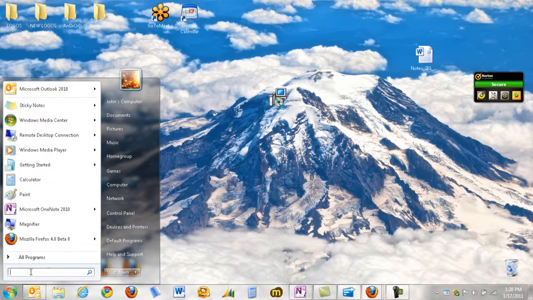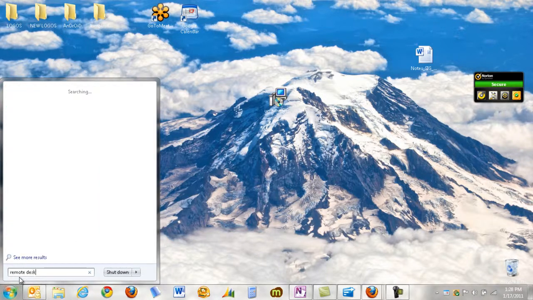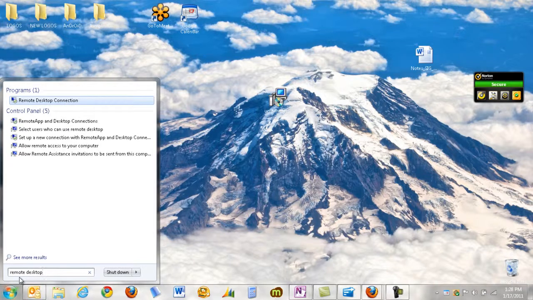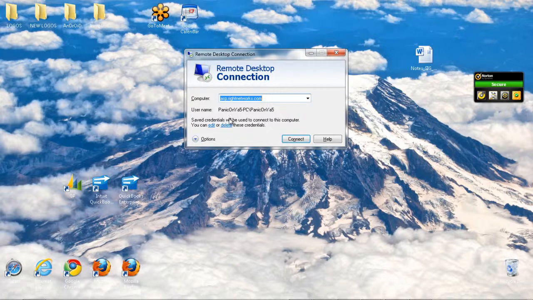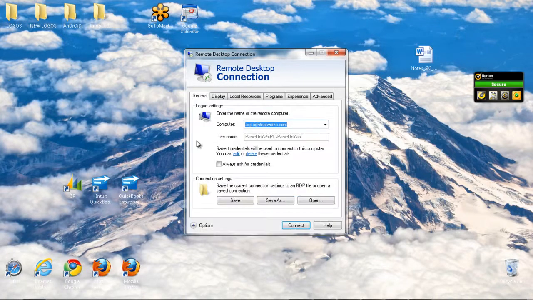So if you're on a Windows machine, just click on the Start button there, and then click on the search bar, type Remote Desktop. It should be up there at the top. Just click Enter, and it populates here. So basically, you're just going to want to type in right here asp.rightnetworks.com, and then below,